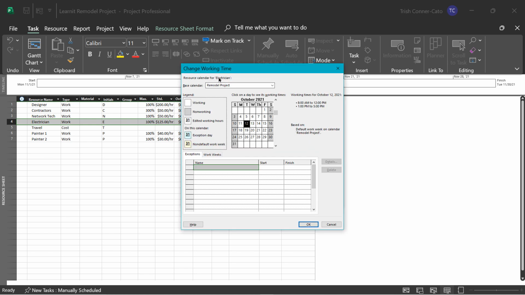Notice that the base calendar at the top says Resource Calendar for Electrician, and the base calendar is our remodel project calendar. So every resource is using the same project calendar, meaning that on weekends and Thanksgiving and the day after Thanksgiving, no one will be scheduled for work. But the electrician has other exceptions. So we're going to do this the same way that we did when we created our calendar and put exceptions on it. We're going to scroll to November,